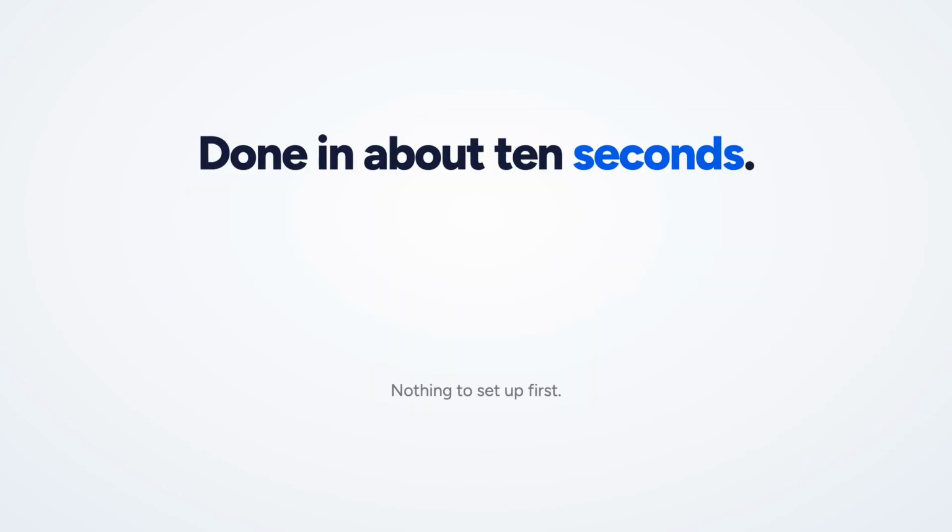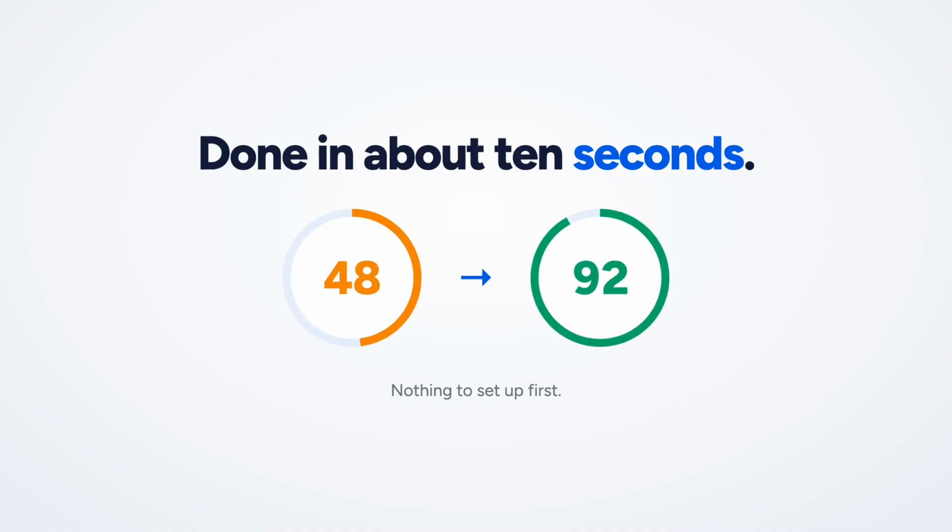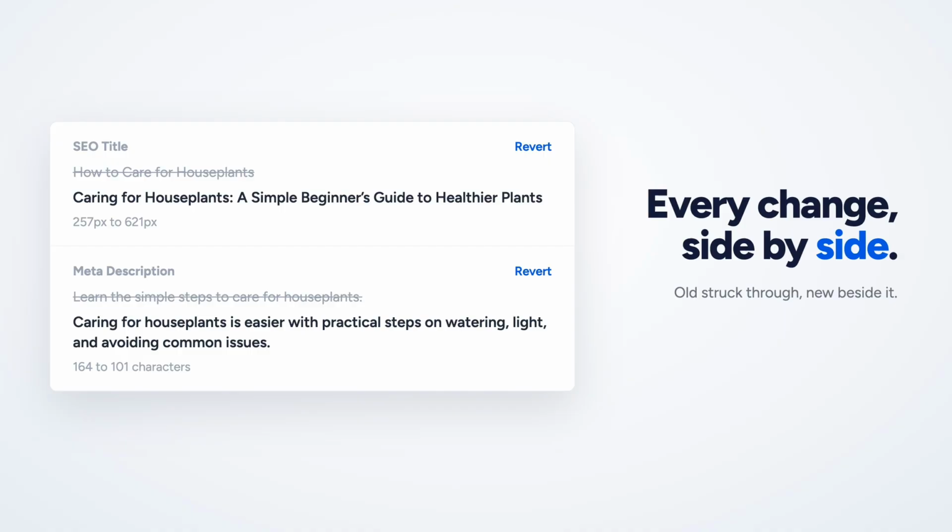There's nothing to set up either. Open a post, click the optimization tab, press Optimize with AI, confirm, and it's done in about 10 seconds. The report shows each change side by side. Your old title struck through and a new one beside it, so you can see the score climb and exactly